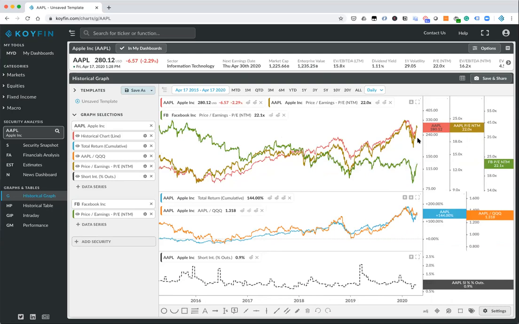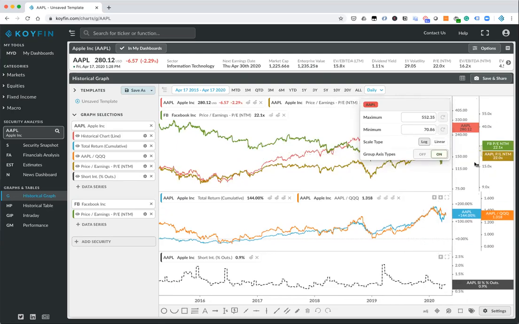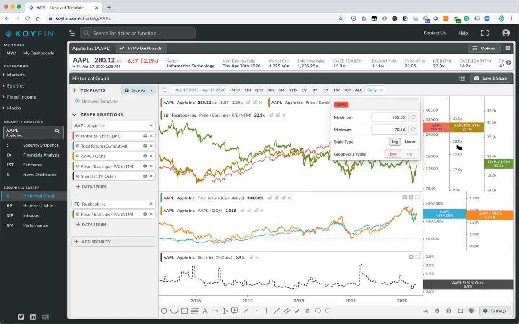So just remember, when you turn the grouping on and off on the axis, and the way I do that is I right click, when it's on, it'll combine the values that could be combined. So anything with the same units. And if you want it in different axes, you would turn the axes off and they would be on all